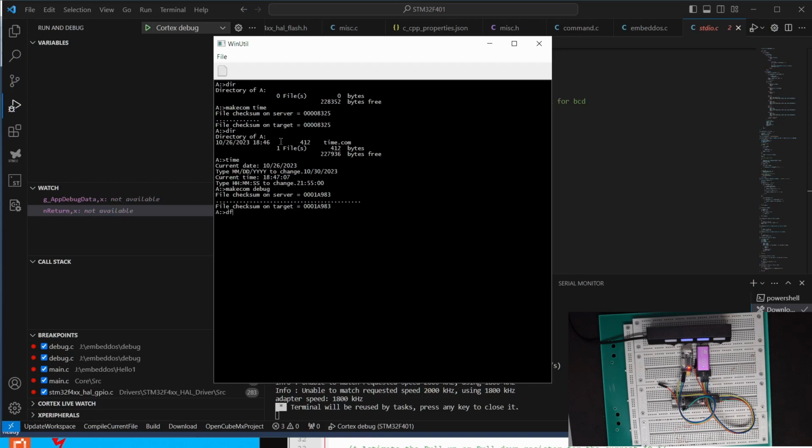Here I'm going to list the files, and there is a first file called time.com. It was created on October 26, 2023, and the second one was created on October 30th, 2023, 21:55, which was the one whose time we just modified. The debug.com is created to inspect the memory. It's very similar to MS-DOS debug. Let's type debug,